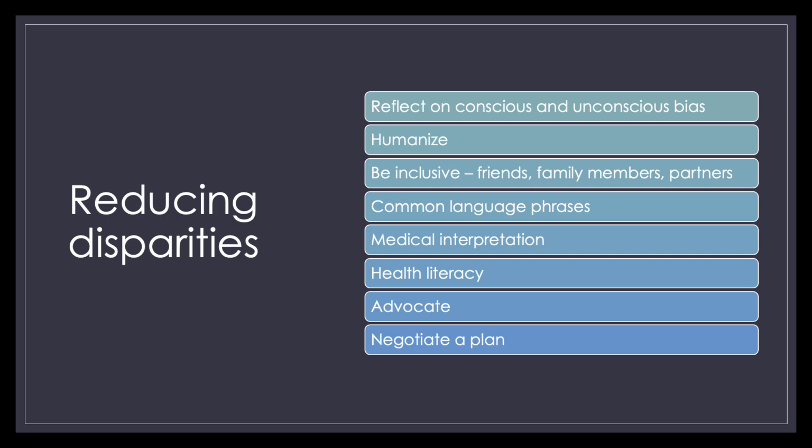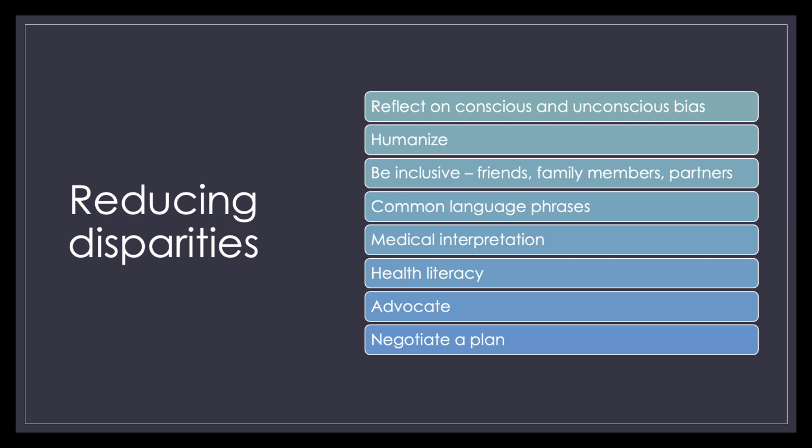For example, when treating obese patients, it is incredibly difficult right now to get insurance to approve GLP-1 receptor agonists such as Wegovy or GLP-1 RAs and GIP RAs such as Zepbound. And so if you were to say to a patient, hey, we've got these great meds that are being really successful, I'm going to prescribe it for you, and that's it, then they may never be able to access that medication. Whereas if you are able to engage with the patient and really negotiate a plan, look at how much